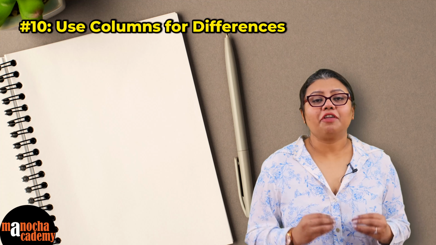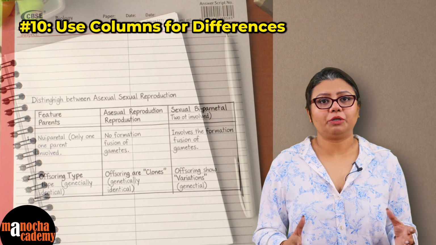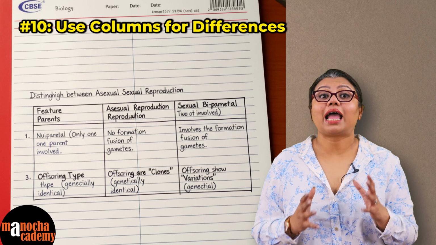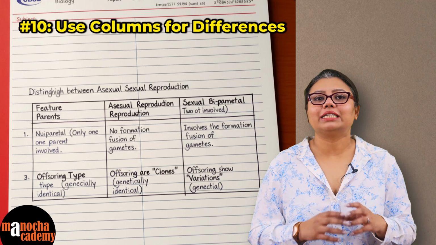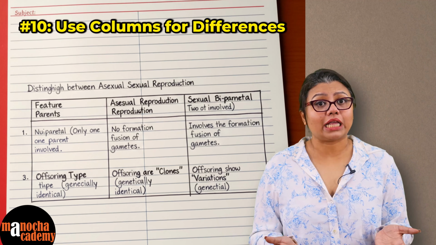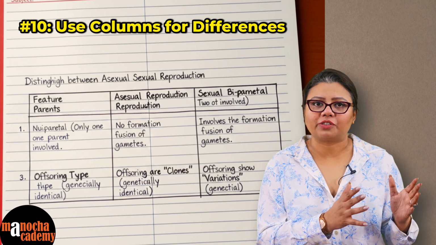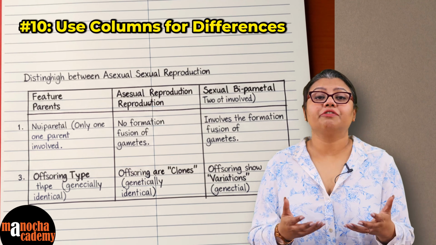Point number 10, if a question asks for differences between, make at least 2 columns and write the difference as a difference and not just write it in paragraphs hoping that the examiner will find out the answer from there. The answers are already given in paragraphs in your book, but when we are asking you to differentiate